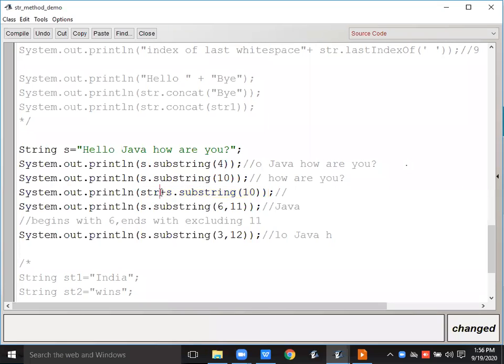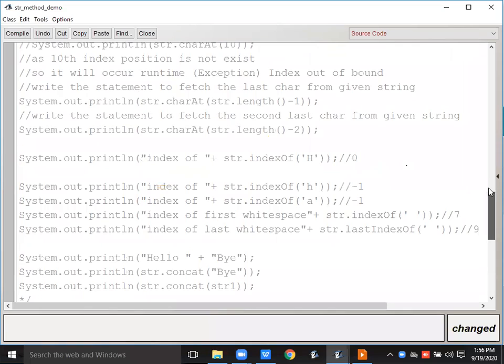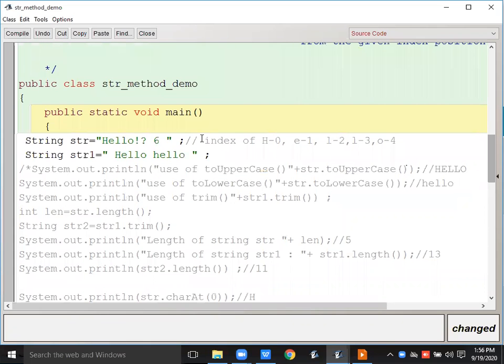See that the plus symbol is used to concatenate. Yesterday we have seen that. Str. So what is stored in the str? See that. Str is hello exclamation sign question mark space 6 space. This is the str. Okay, so this str is going to be concatenated first here.